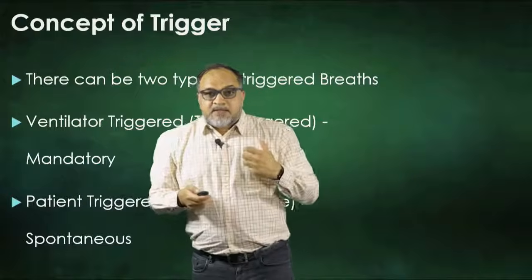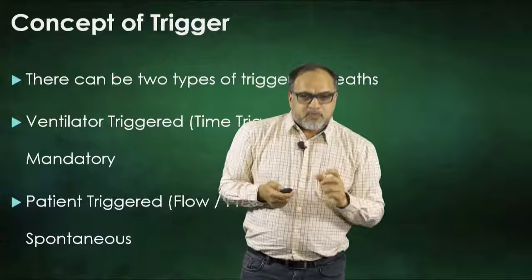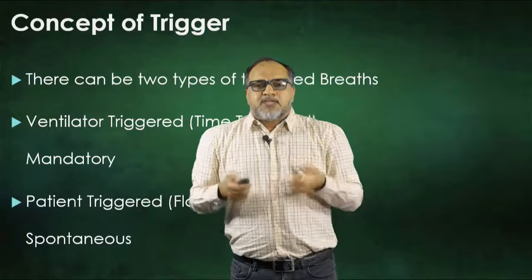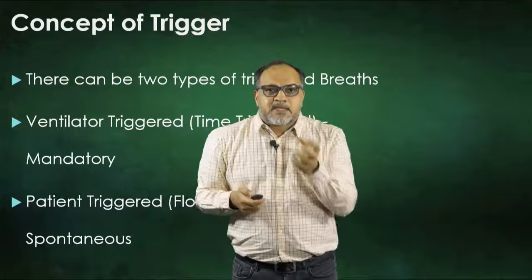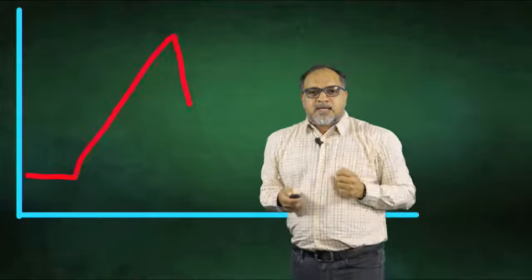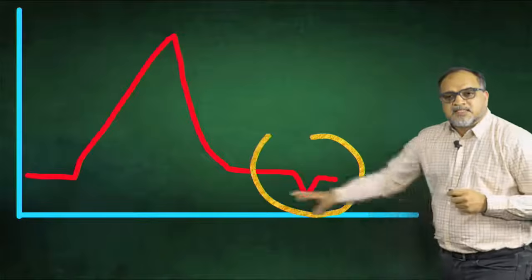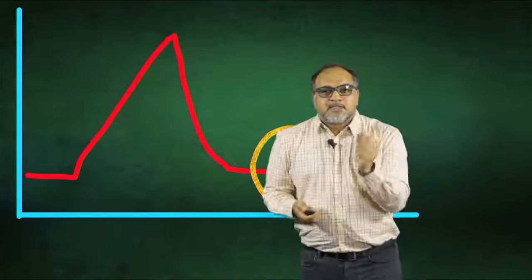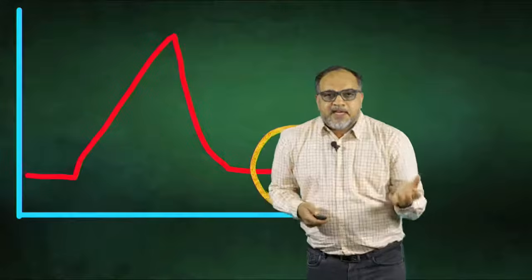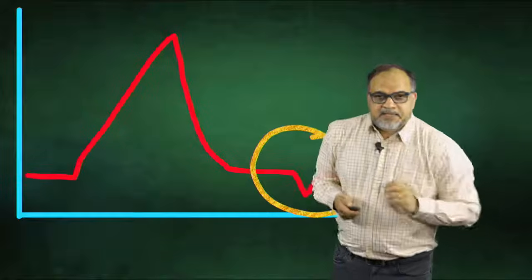Whenever we breathe in a negative pressure ventilation mode, I told you that whenever the patient is on a ventilator and tries to breathe, he creates a negative pressure, a suction, and that suction is sensed by the ventilator. It looks like this on a graph. This is the suction created by the patient. This is called the trigger, or the patient trigger. All the ventilators are trained to catch this trigger and provide a breath according to the settings.